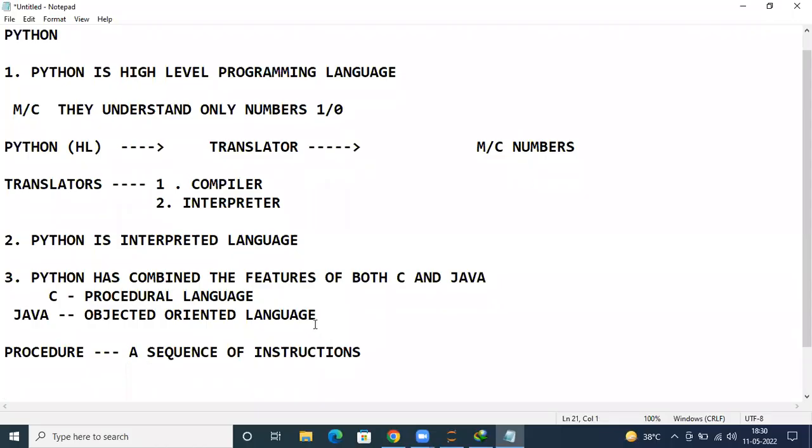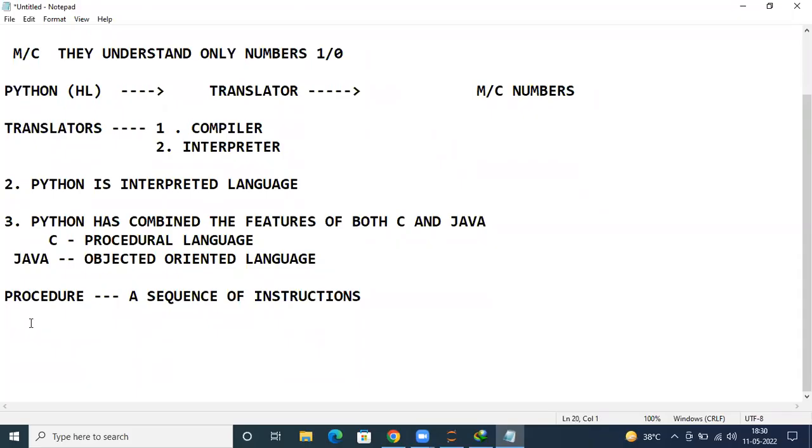So whenever we are using a procedural based language, what will happen? Your entire task will be divided into a series of steps which will execute one after another. For example, I give you a task to open a lock. Of course, to open a lock, there will be a procedure. What? Grab a key. Grab the key of the lock. This is the first thing you will do. Then, second, insert the key